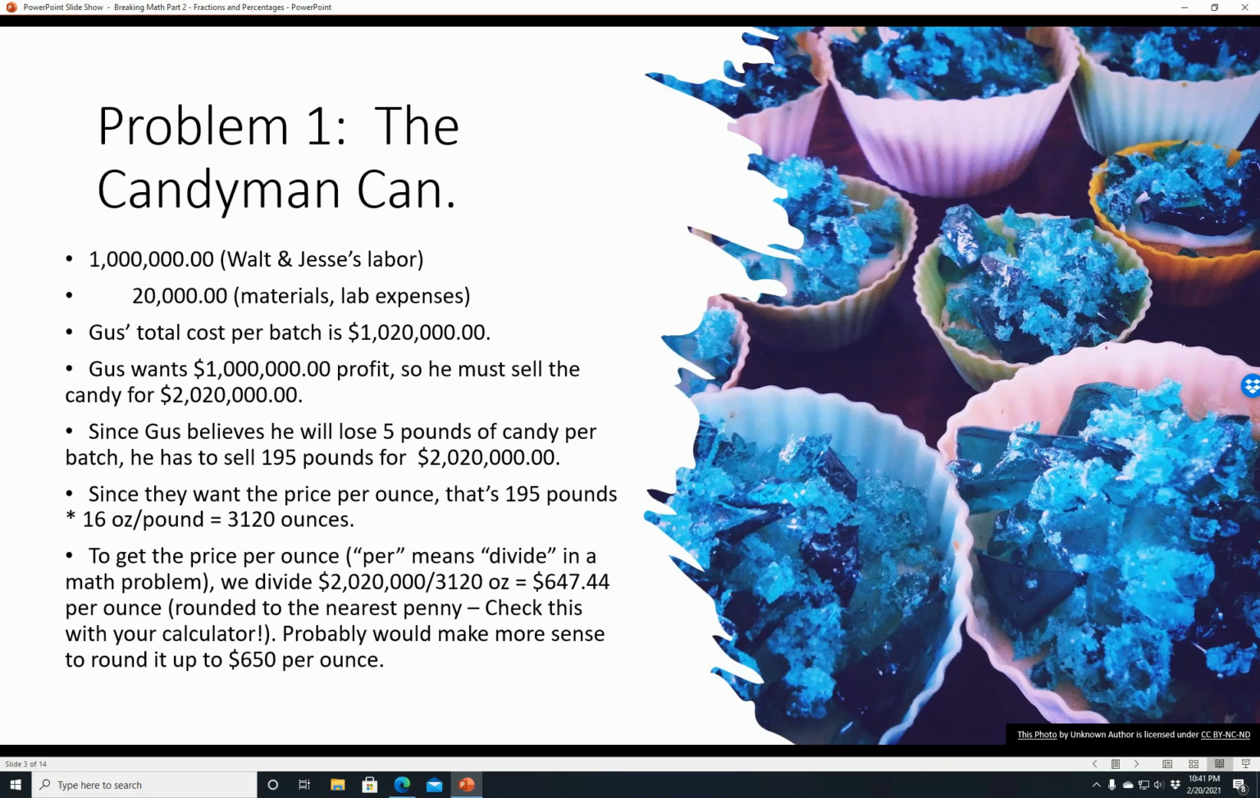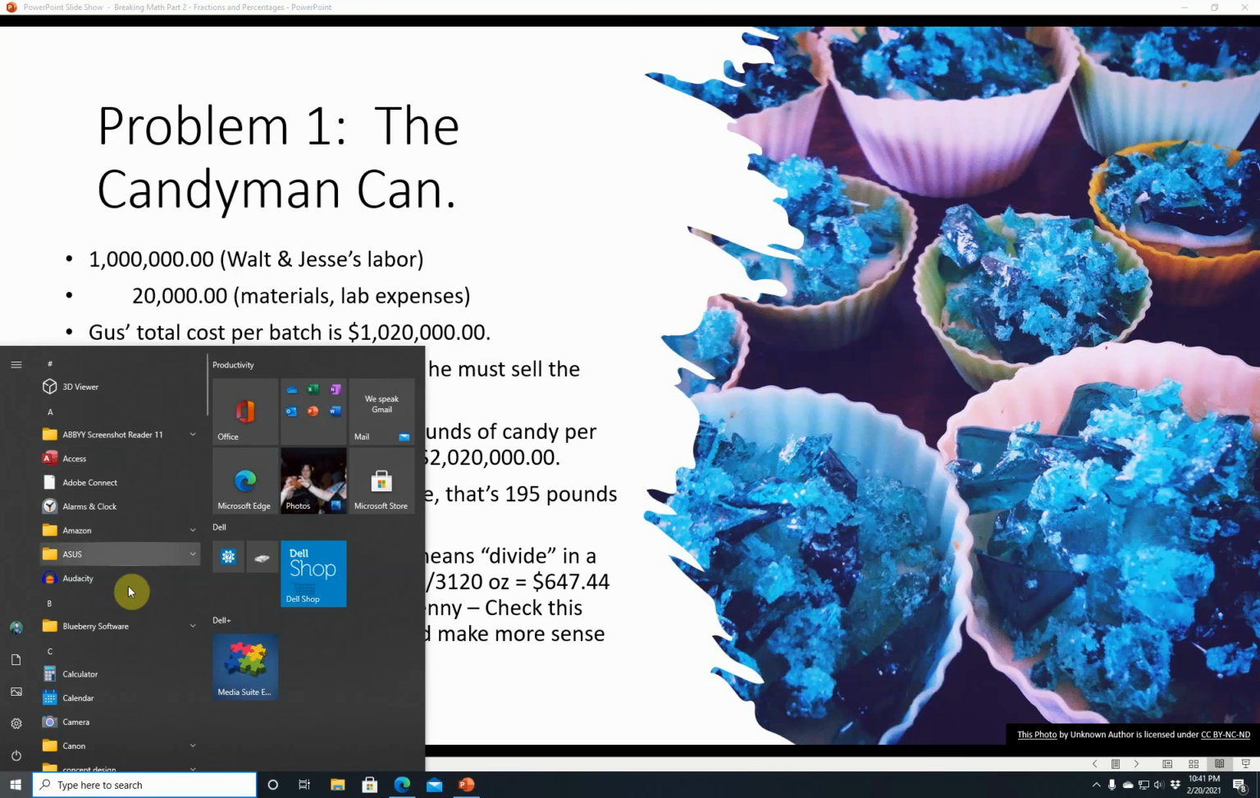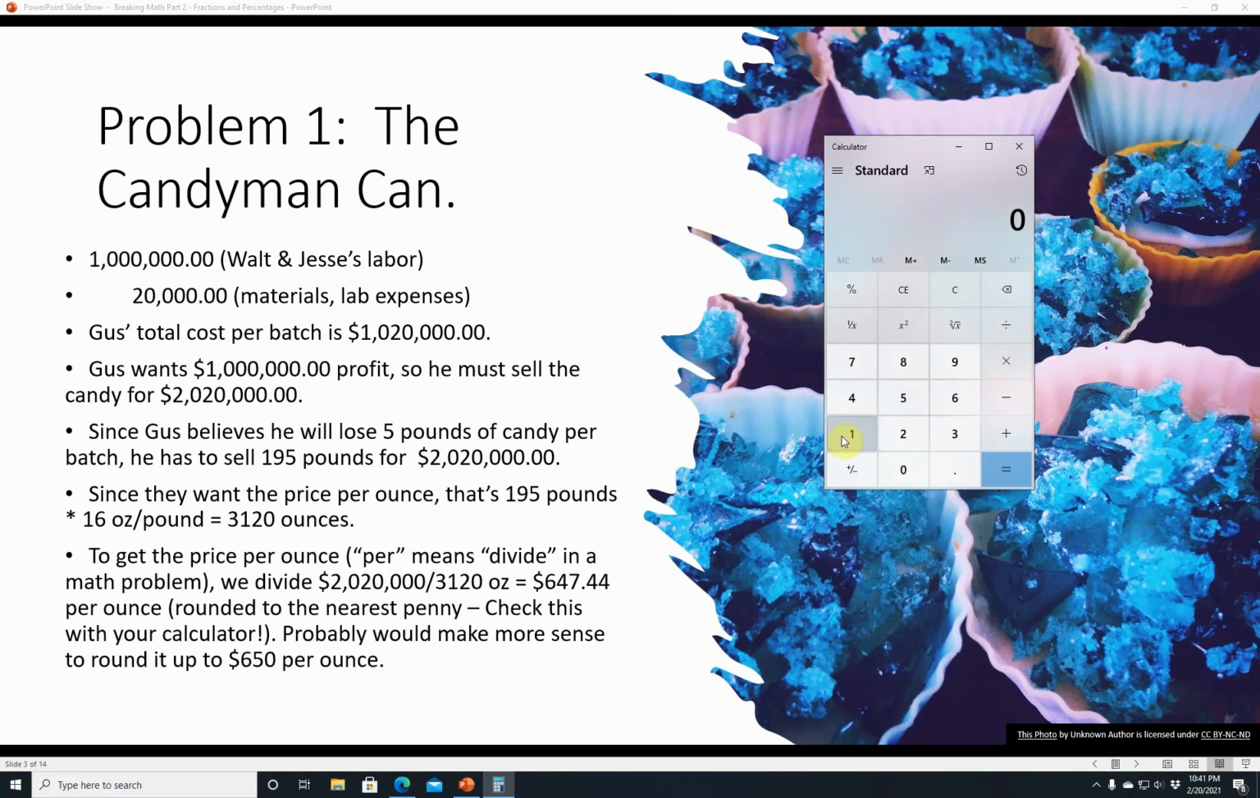$2,020,000. And since they want the price per ounce, that's 195 pounds times 16 ounces per pound, and we'll work it out right here. So we'll just go 16 ounces times 195. That is 3,120 ounces. To get the price per ounce, per means divide. In a math problem, we have to divide $2,020,000 by 3,120 ounces. If you're using a calculator, the easy way is to take this 3,120 and just hit the 1 over x, boom, you flipped it, and then you multiply by 2,020,000. And voila, you get